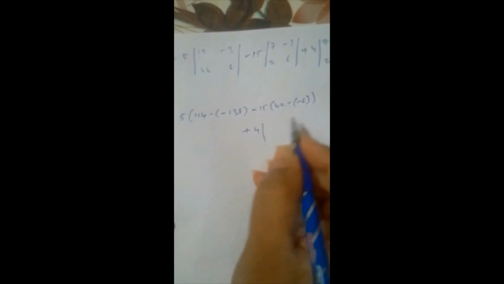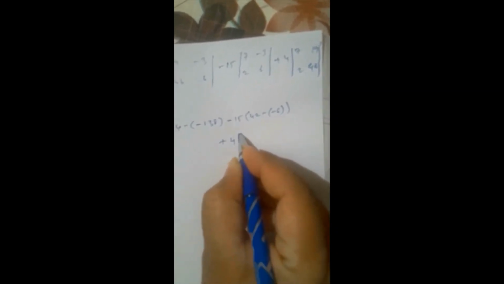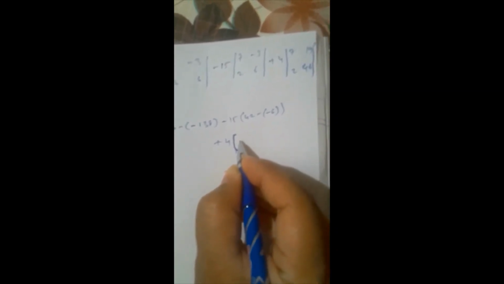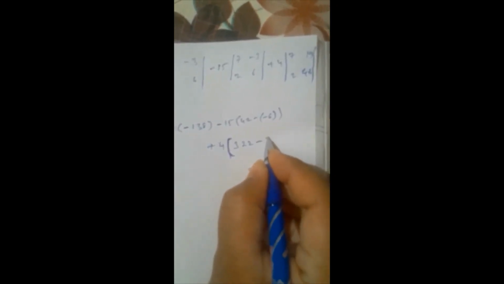Plus 4 into 7 into 46, 7 into 46 is 322, minus 2 into 19 is 38,